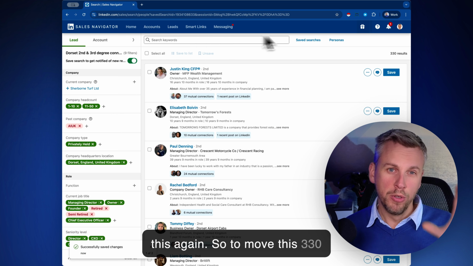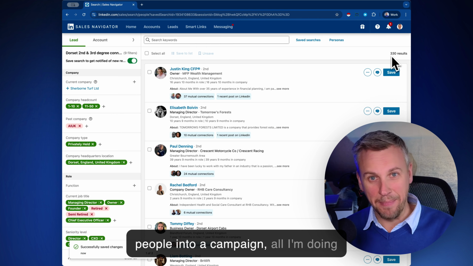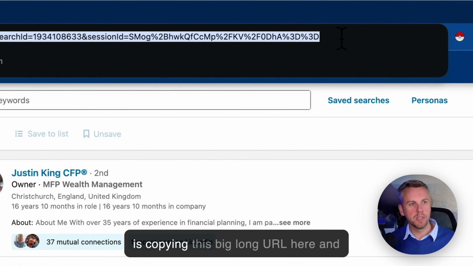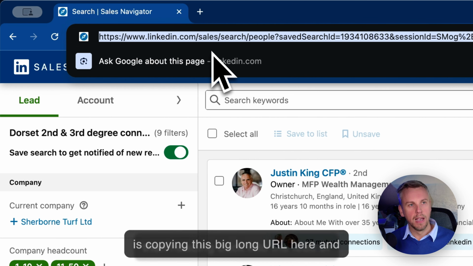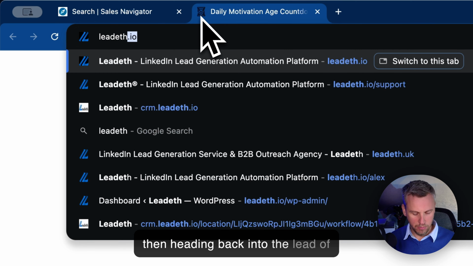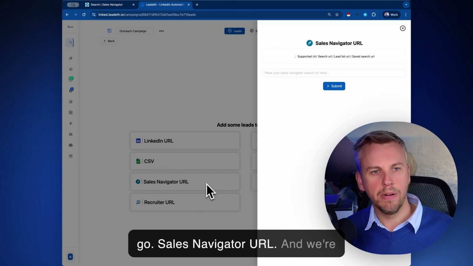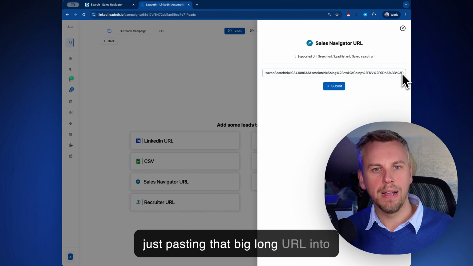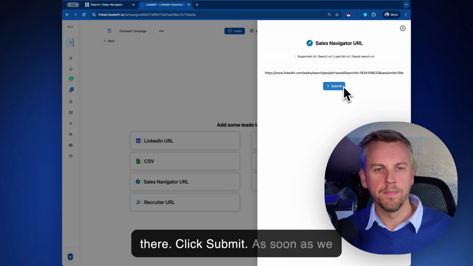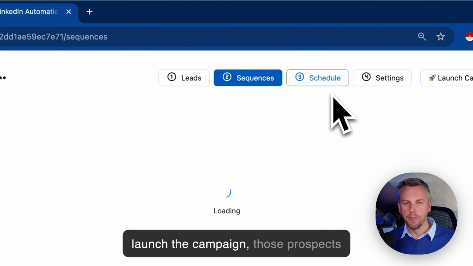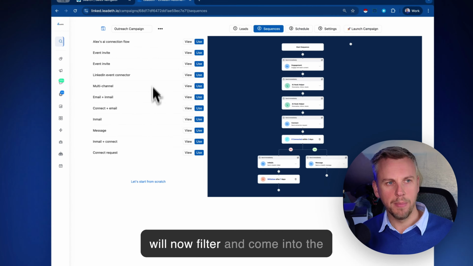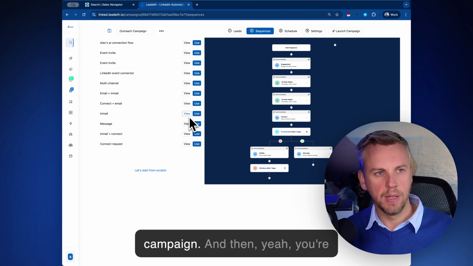So to move this 330 people into a campaign, all I'm doing is copying this big long URL here and then heading back into the Leadeth platform. Bear with me. Sales Navigator URL, and we're just pasting that big long URL into there. Click submit. As soon as we launch the campaign, those prospects will now filter and come into the campaign. And then,